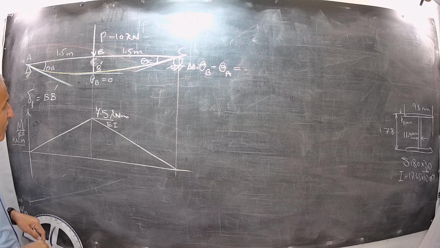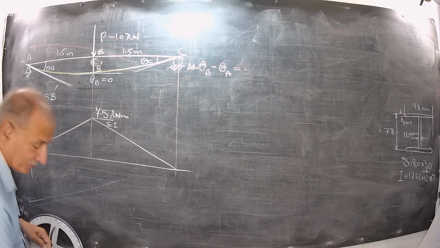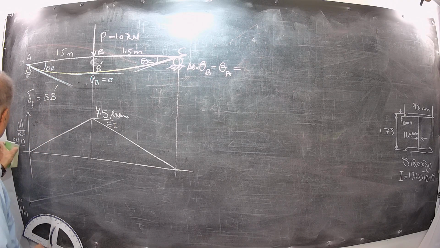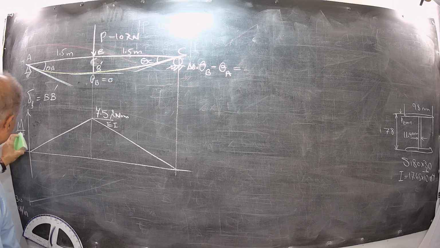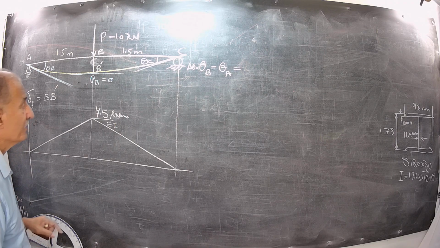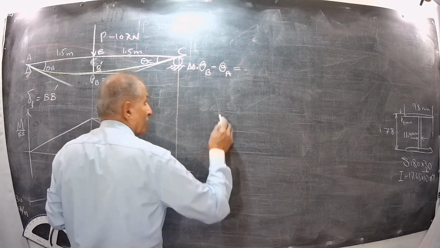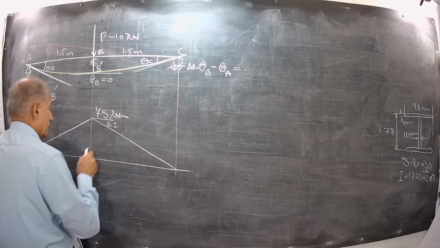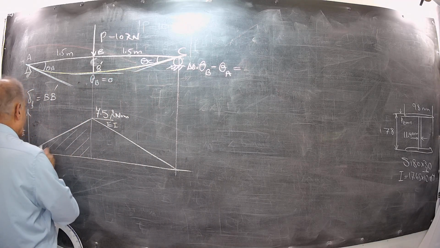Kilonewton, this is the unit, the unit could be different, is 1 over m. And this point between A and B,